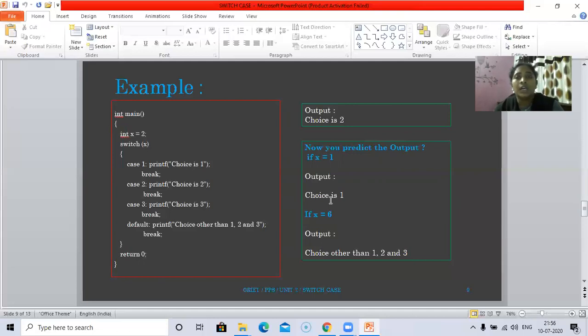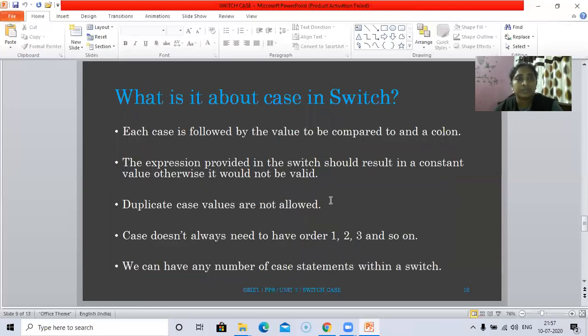Now, if x is equal to 1, what will be the output for this program? If x is 1, the output of this program will be: choice is 1. If x is equal to 6, similar to x equal to 5, the output will be: choice other than 1, 2, and 3.